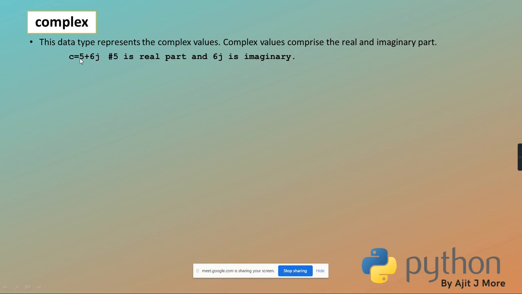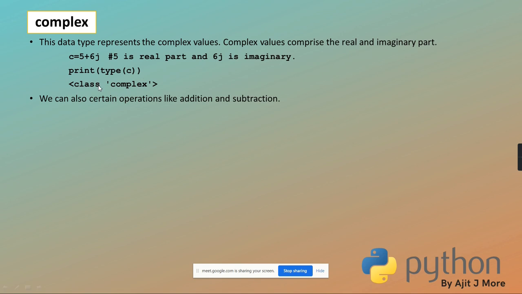So 5 is the real part and 6 is the imaginary part. If you check its type, it will tell that it's an object of class complex. With this, I hope it is now making it more perfect in your brain that you get nothing without an object. And if it's an object, it belongs to a class. That is the rule.